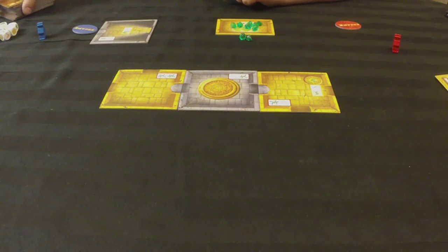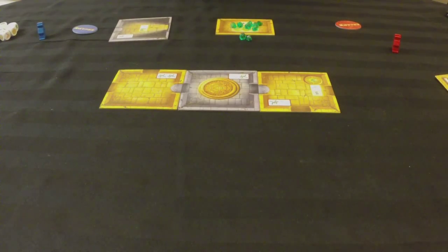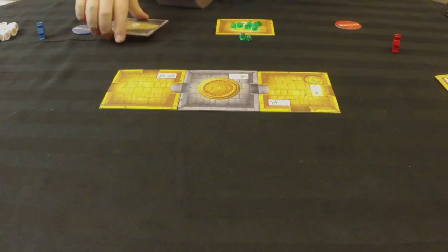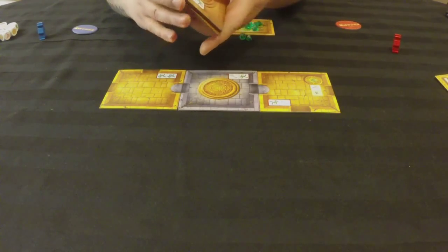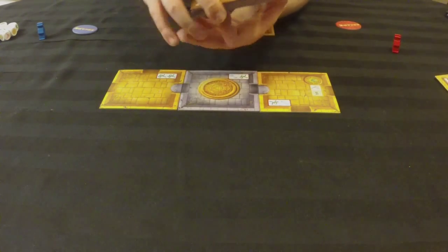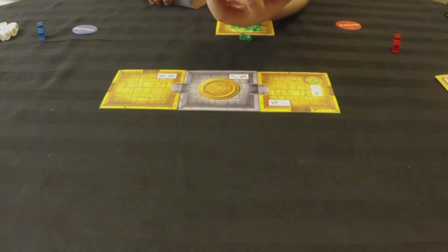Okay, and then we need to take the exit tile, and we take 4 other tiles, and we shuffle in the exit tile with these 4 tiles. Okay. So we essentially don't know where the exit tile is amongst these 4, and we put it at the